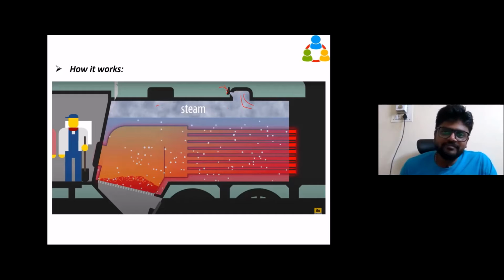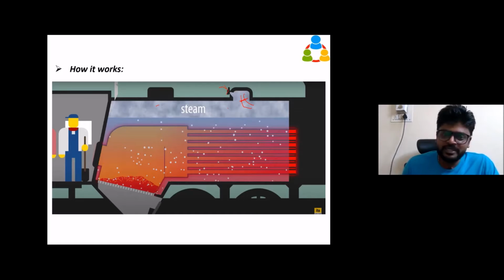So this safety valve is used in case you are not allowing the steam to go out of this main pipe, like the throttle only, you are stopping it so that the engine won't move. But since the heat is there inside, the firebox and fire tube, the steam will be produced. Since the steam is produced, the pressure gets built up. If there is no way out, it's going to explode.